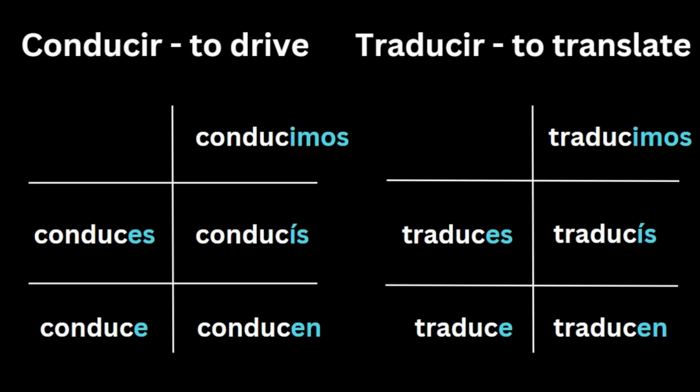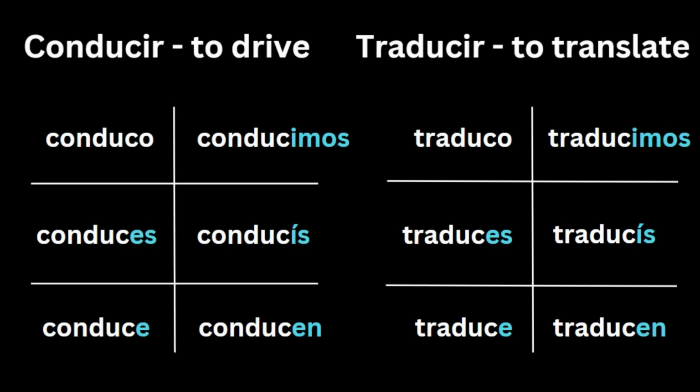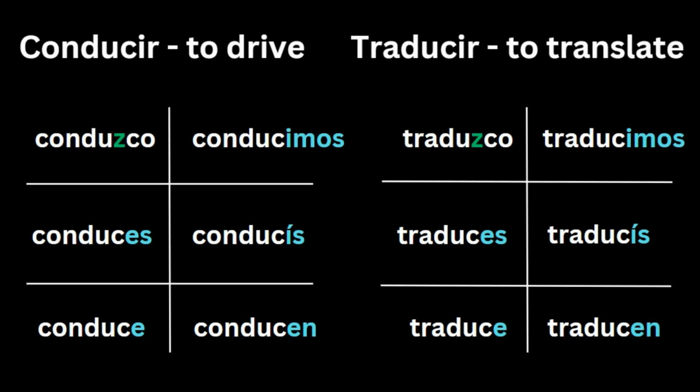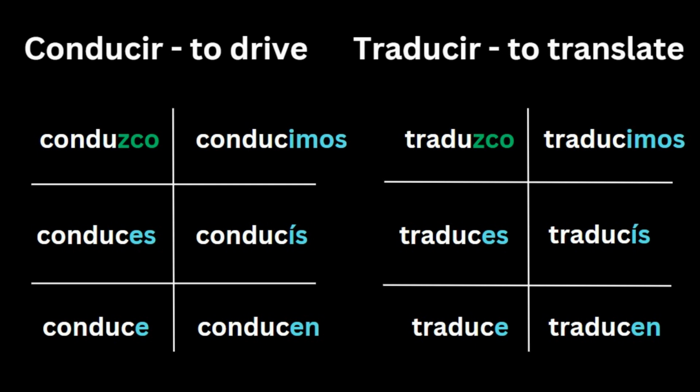You might also encounter irregular verbs in the yo pronoun like conducir and traducir. In both cases, the verbs follow the normal pattern of conjugating verbs ending in ir, but for the yo pronoun, you would want to say yo conduco or yo traduco, but Spanish says that these words sound bad when said, so it adds an extra letter to avoid the bad sound. And so the conjugations would end in zco, pronounced yo conduzco and yo traduzco, which would mean I drive and